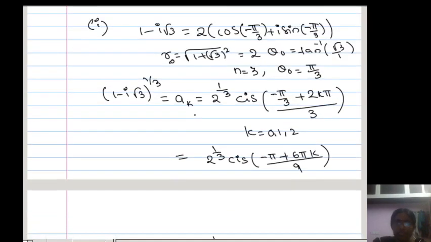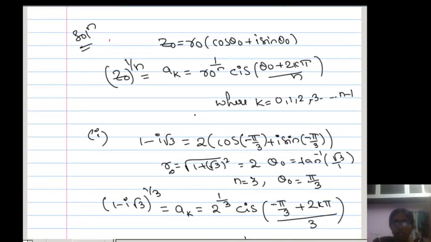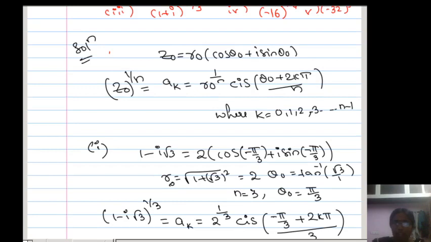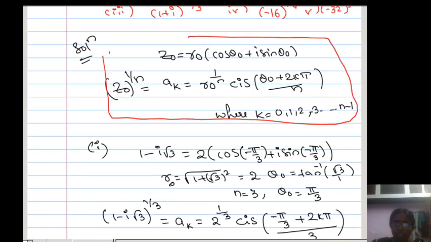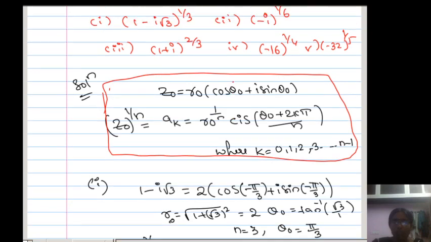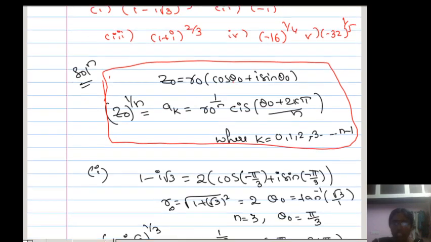What is the second question? See there, it is just the same concept. For whichever complex number we are going to find the root, find the polar form, which means you have to find the modulus and the principal argument. By using that we substitute in this formula to get the nth root of the complex number. Here k varies from 0 up to n minus 1. This is the form. Already we discussed the form in the previous class.